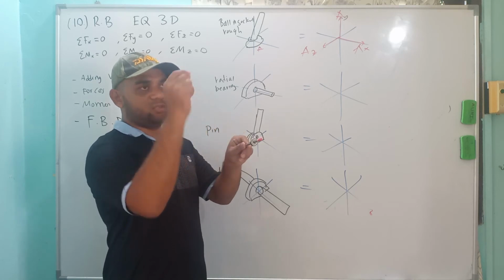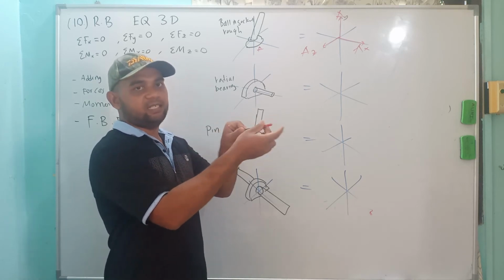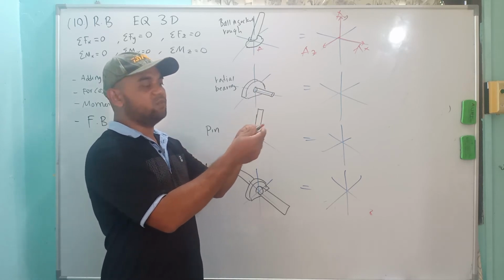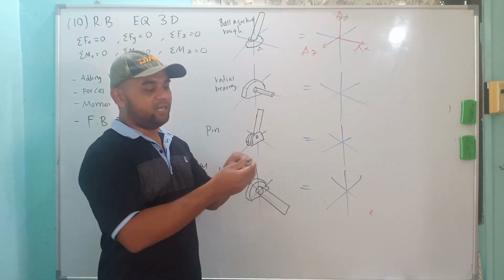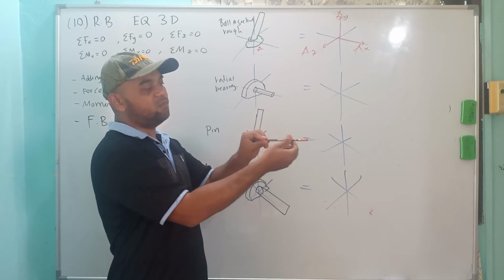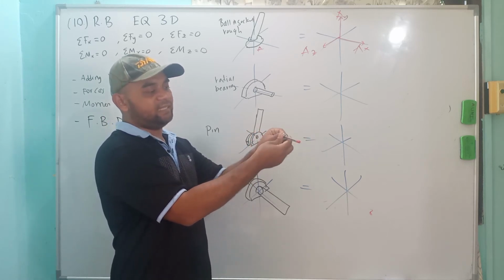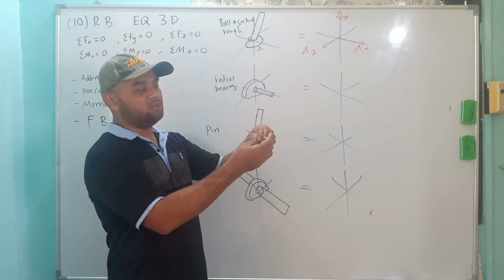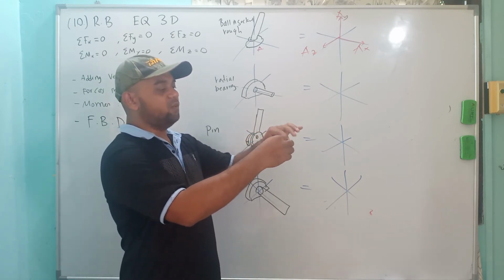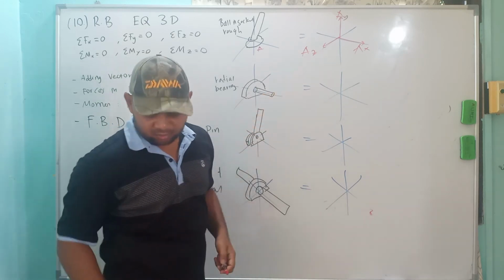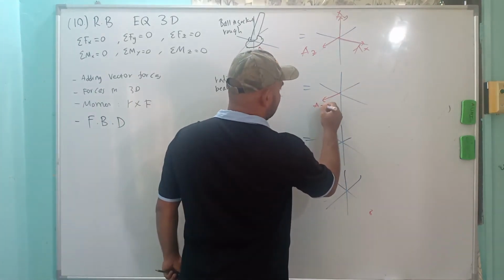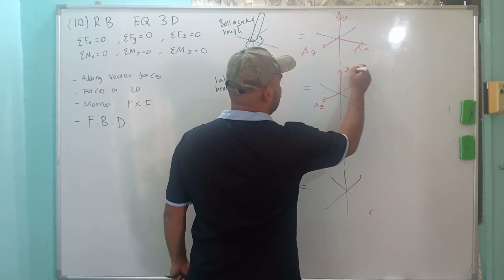In this bearing, you can see the ball inside that touches this shaft, so it can either rotate and also move in this direction. That is what we call a radial bearing. So you can freely move along the x-axis. There's no force in x, no moment also, but it cannot move in y direction or in z direction. So in this case, we have x is free, so we have a z and a y.